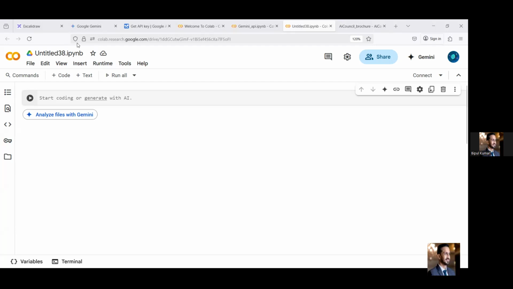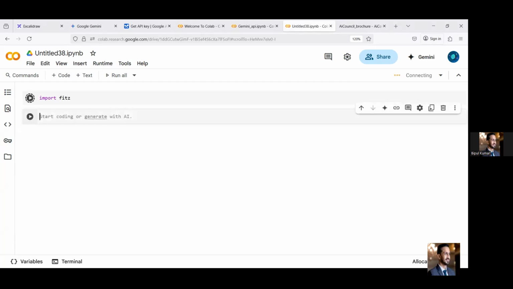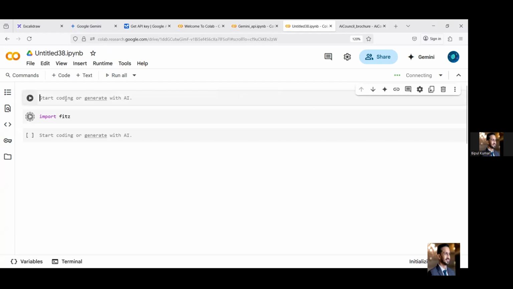So see, here what we need is a library that is called FITZ. Now, what is the FITZ library? If it is there in your system, it's well and good. If it is not there, you have to install it. So how can you install it? You can just install it using pip